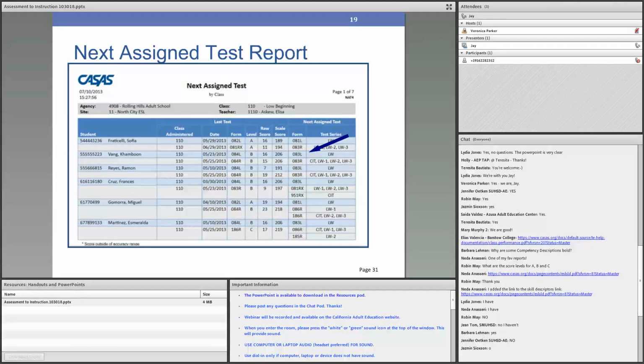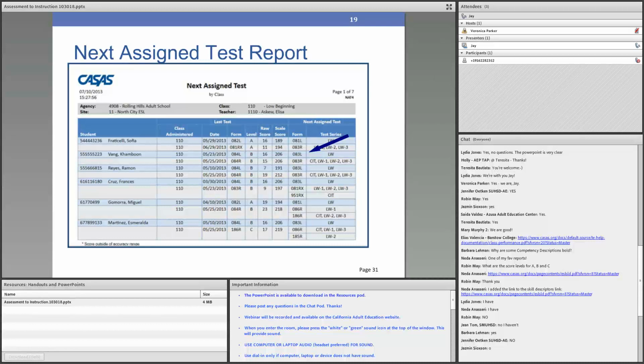Okay, so now I'm going to move into some of the specific reports in TOPS Enterprise that help with this process. The first one is called Next Assigned Test. Most of you are using this one whether you know it or not. If you're using eTest, this is the report that's embedded in eTest that automatically determines what test to give the student next. If you're one of those agencies that's doing pencil paper testing, obviously there's nothing automated for you,